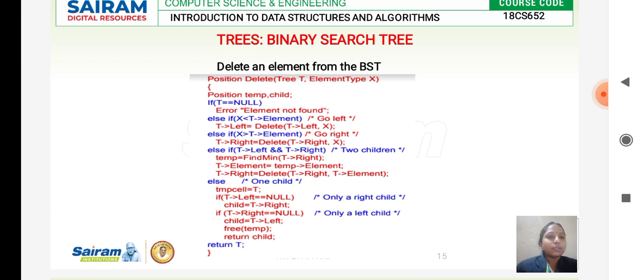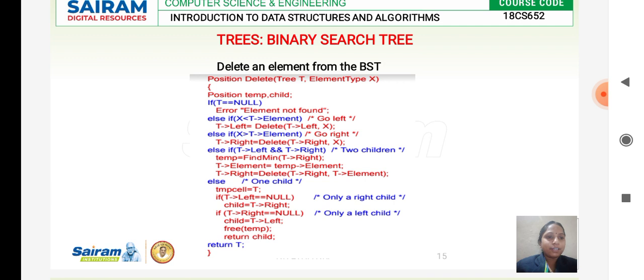Since we are deleting a node with two children, the tree has to be reordered so that it satisfies the binary search tree condition. For that, we find the minimum element under the right subtree and place that at the root node. This is in the case of two children.